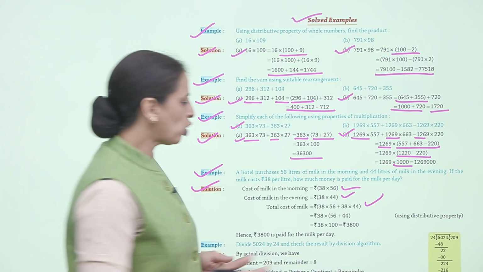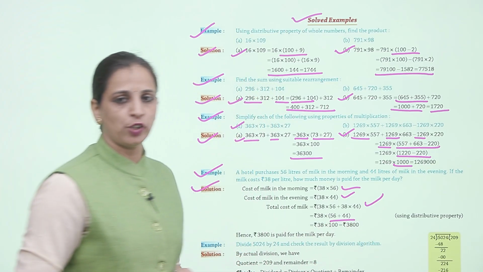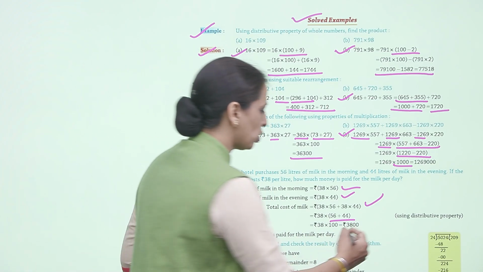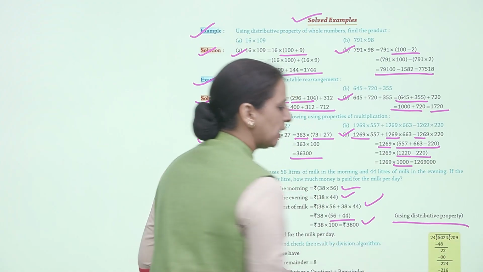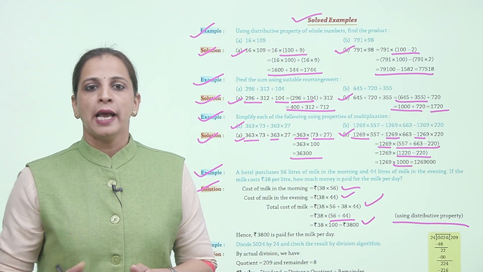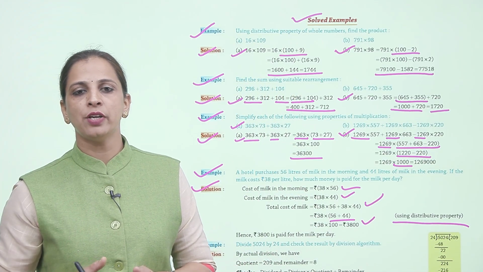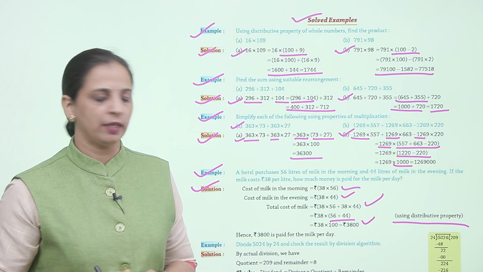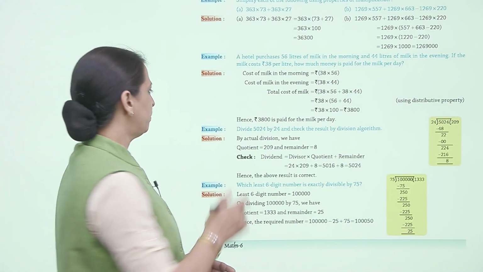तो 38 दोनों में से कॉमन है, अंडर ब्रैकेट 56 प्लस 44 इज 100, दैट इज इक्वल्स टू 3800 रुपीज यूजिंग डिस्ट्रीब्यूटिव प्रॉपर्टी. हेंस रुपीज 3800 इज पेड फॉर द मिल्क पर डे. नाउ नेक्स्ट एग्जाम्पल,